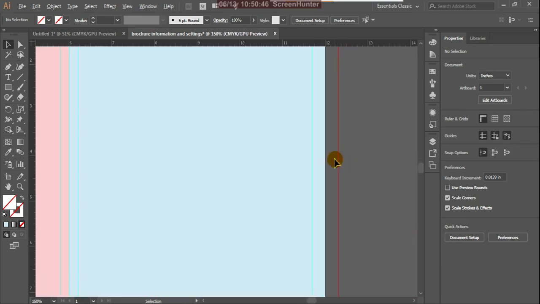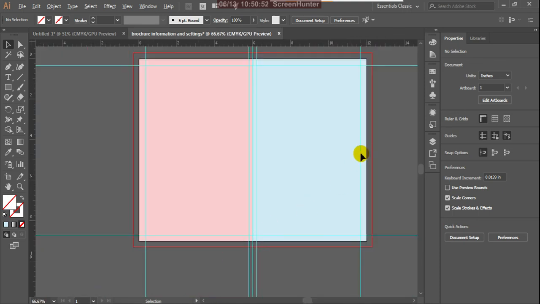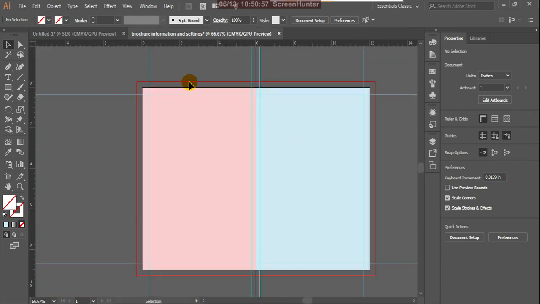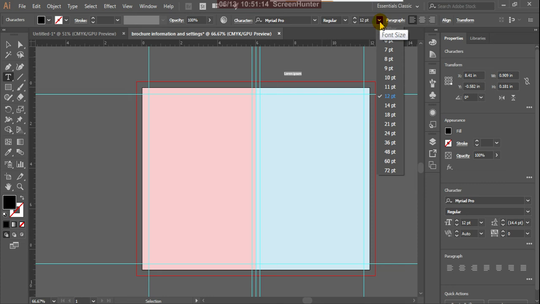So suppose this is the template of the brochure. The same template we use for other pages also. Suppose this is pages 1 and 4. Type the text here. So this is page 1.